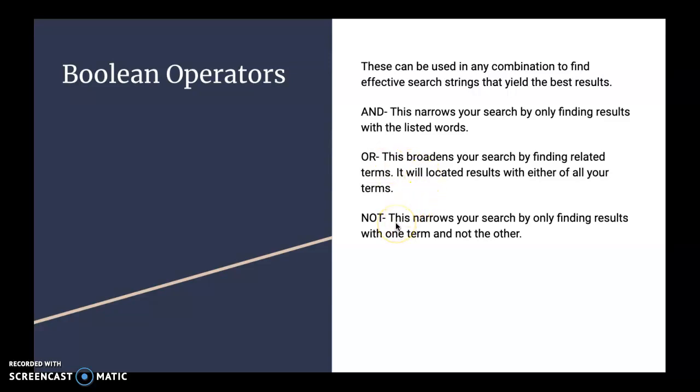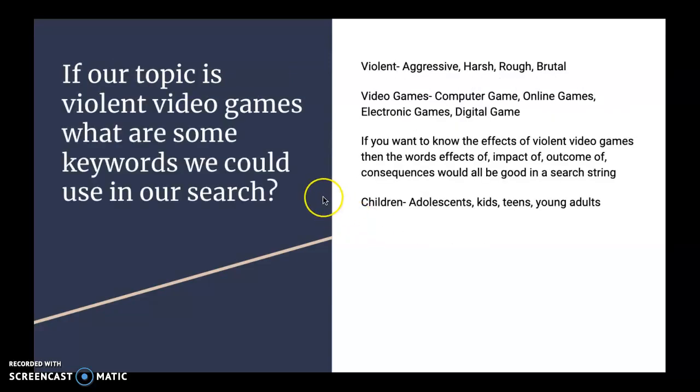And NOT narrows your search. This will only find results with one term and not the other. So it'll find results with the word before NOT and not the word after. So when putting together search strings, you want to look for synonyms of your keywords in your topic. So if our topic is how violent video games affect